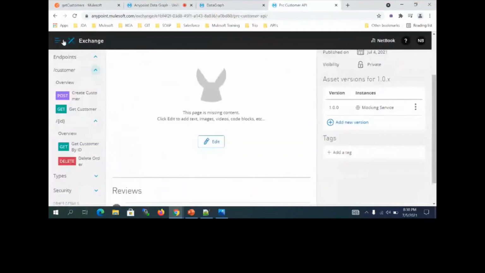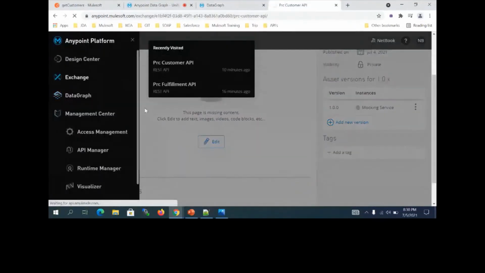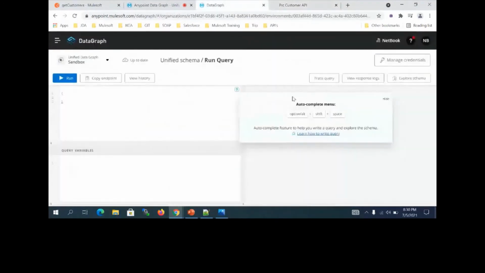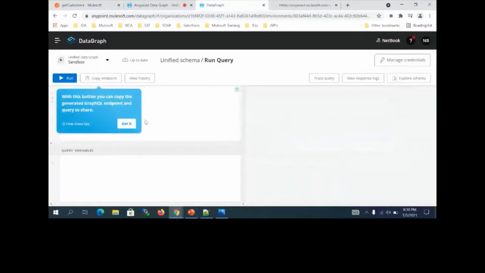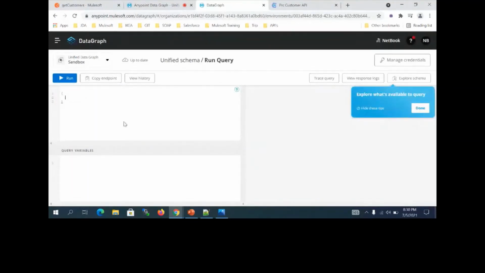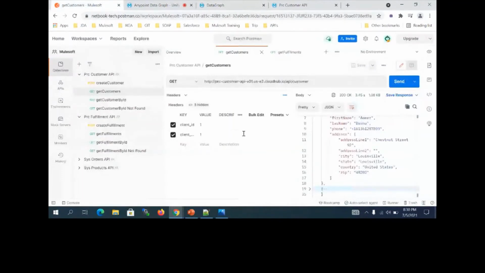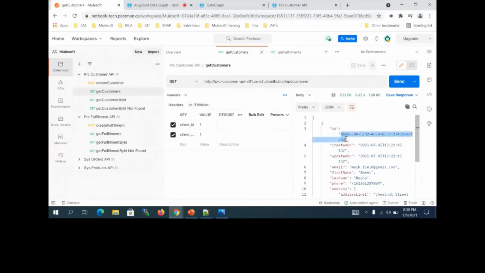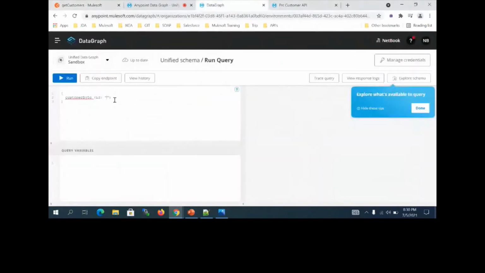You can see those normally in the applications list also, the application which I created right now. So now we can see over here, you can write queries. Now I have two methods which I can access. Get customer by ID, which is going to have the parameter ID that I can pass. This should be passed as a string. That is the reason, that limitation currently it is having. So my API already has customer by ID. I will take one of the IDs from this, this is my ID, and I can pass it over here.